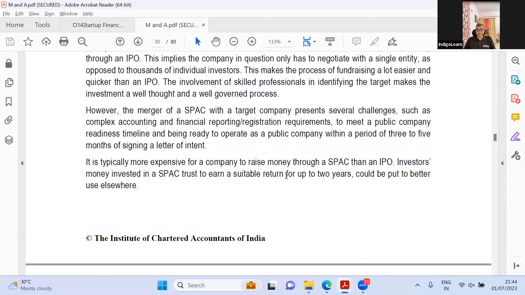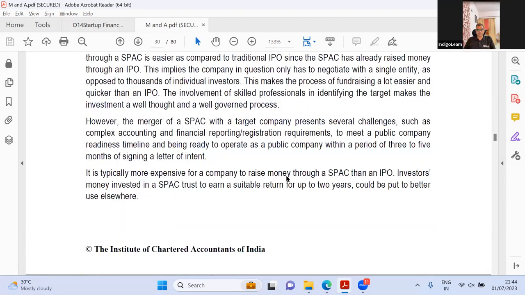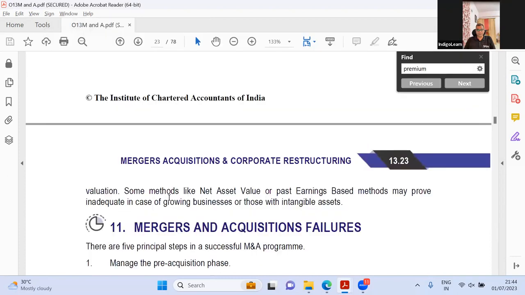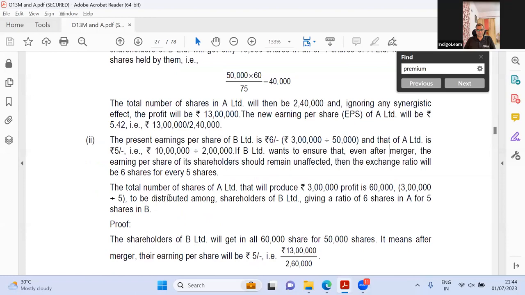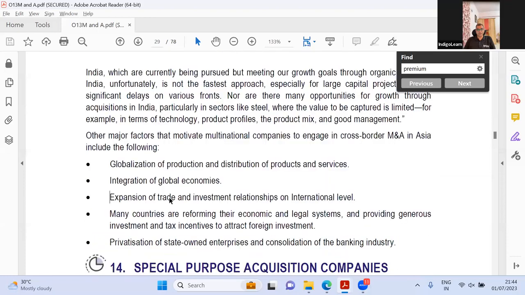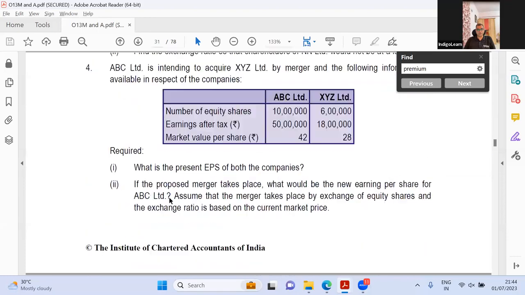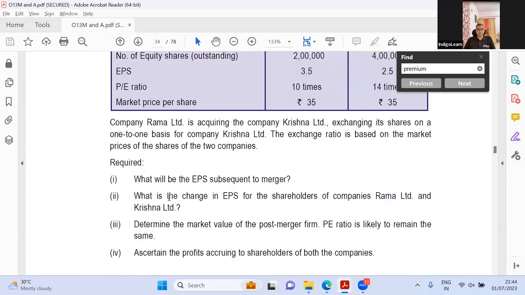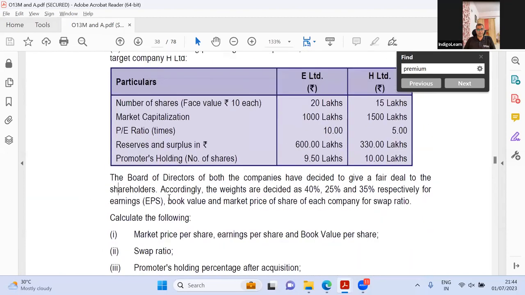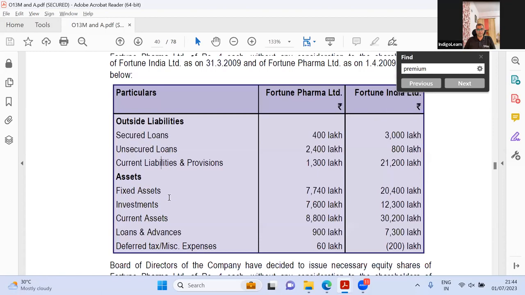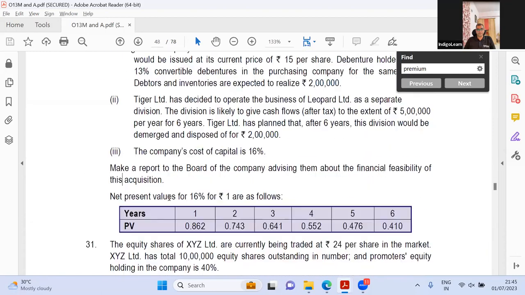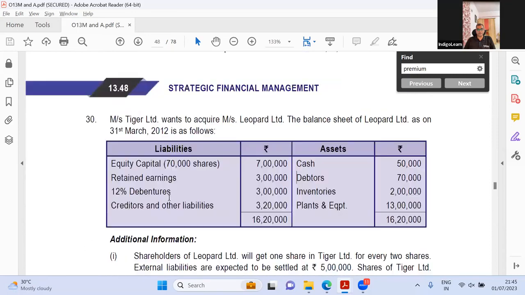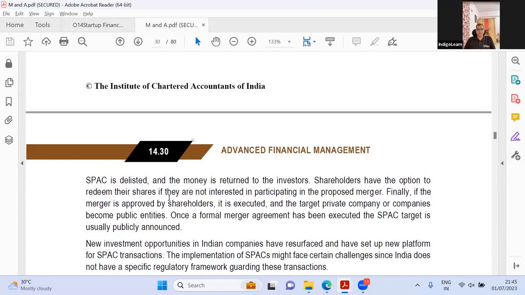They've added SPACs. SPACs is a good one. Did we have SPACs earlier? I remember actually discussing one of the chapters about SPACs. SPACs, yes, it is there even in the old syllabus. So let us see the question count. Question count is 18, 20, 21, 26. How many questions do we have? We have about 31 questions. And in the new syllabus, we have around